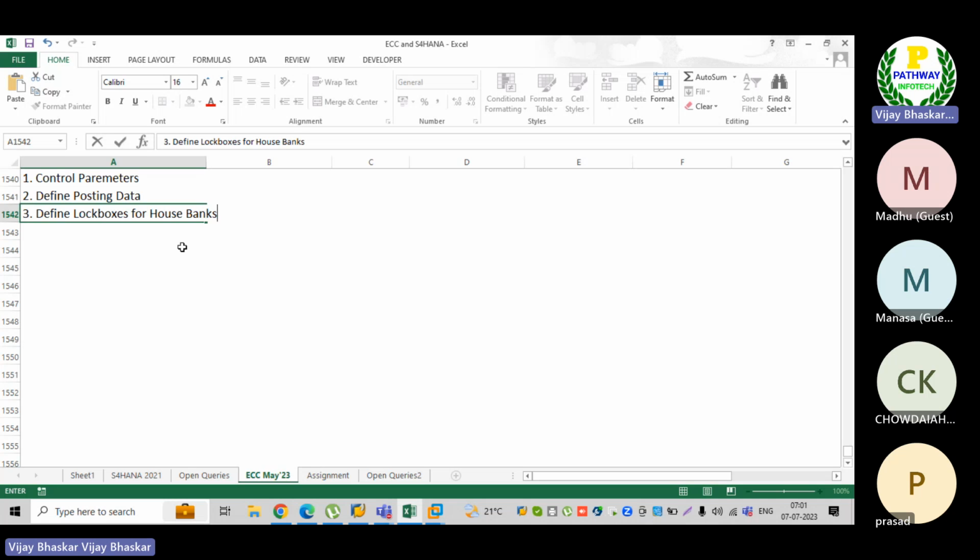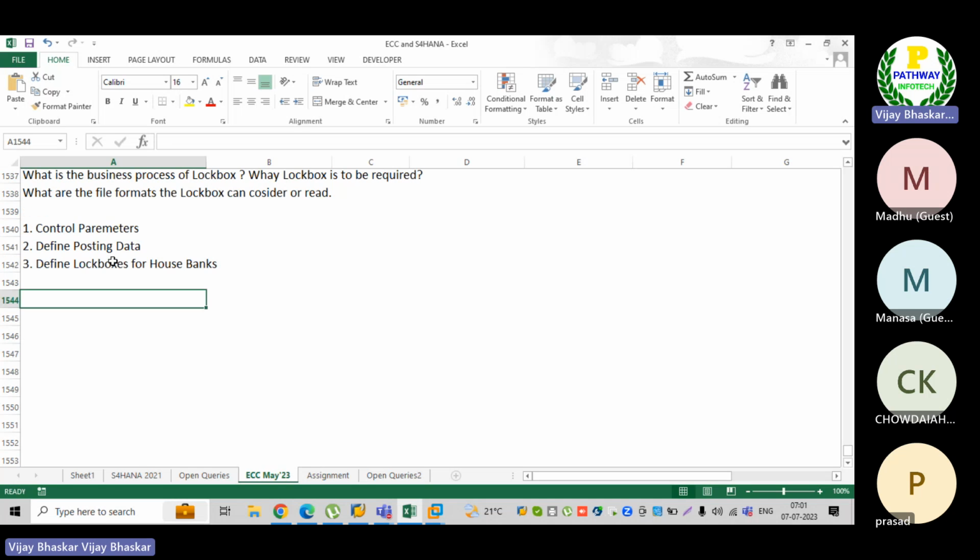The third one is this, then the fourth one is maintain. Okay, so now only these are the parameters required. In order to do the configuration, only a few configuration steps are required for lockbox. Now let us